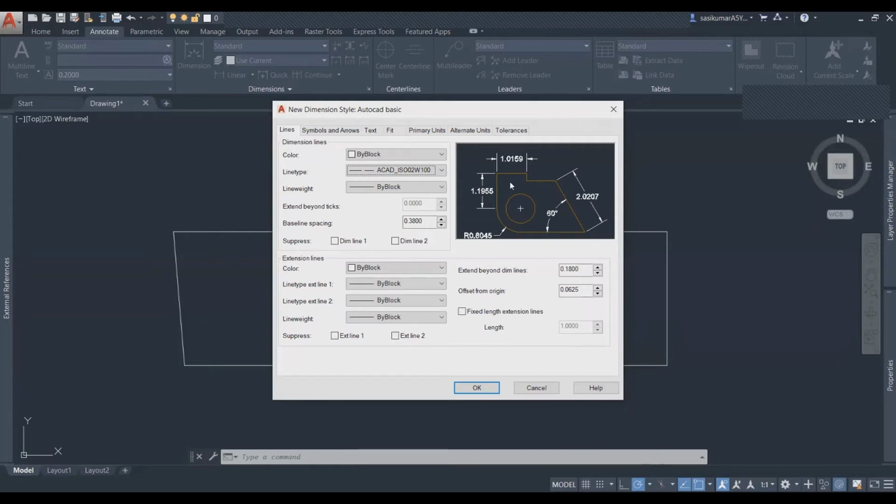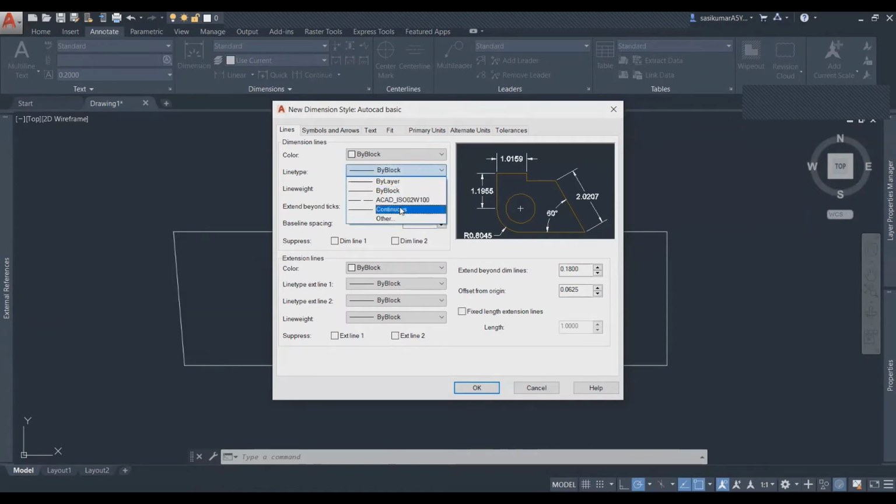dimensions. But it's not necessary to change the line type unless your company, your contractor, or any supervisor, engineer or worker wants to differentiate your dimension in their drawing for easy understanding, then you have to do it. But this is not compulsory, this is only customized by requirement. Otherwise you have to use by layer or by block. This is common, right?